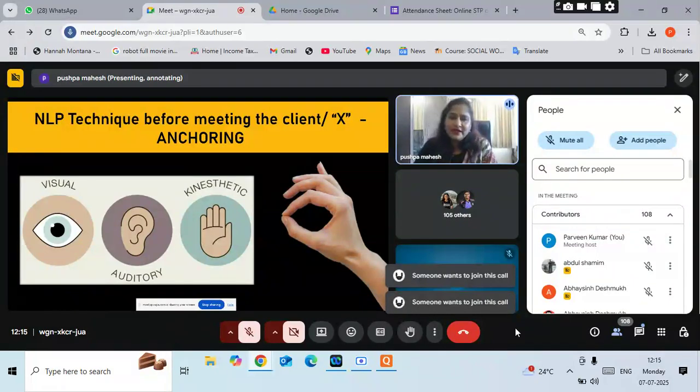To tell you in a small way, like the same example, when a person is receiving a prize on the stage, the day you get your PhD doctorate, and when you come back and think about it, you kinesthetically anchor yourself to that feeling. And at the next stage, you're going for an interview, or for some other presentation. On the spot, when you go there and you think you're going to receive the same doctorate award, and you collapse these two states of mind, you're going to feel super. The positive will take over the negative, and you will feel very great that day. Okay, this is called anchoring.